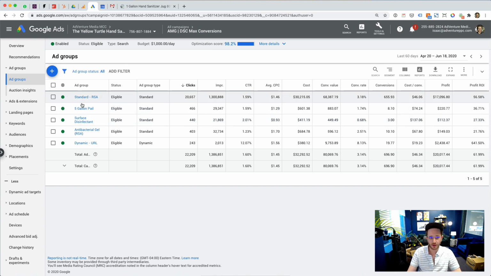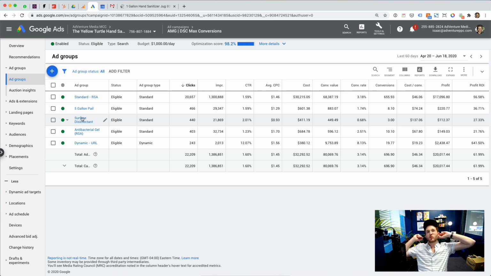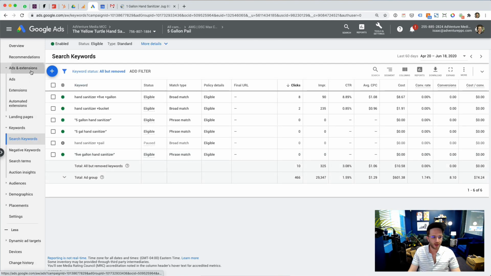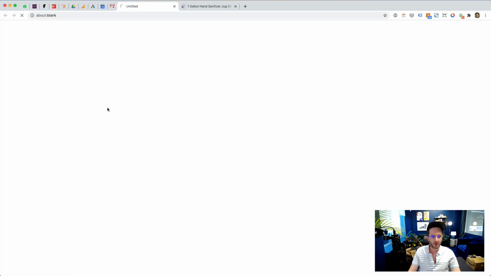So again, look at the results over here of this 5-gallon pail. We're not bringing in such a high volume of 5-gallon pail conversions. Now, there's a reason for this, though. The reason is most people coming to the site. So if you go into the 5-gallon pail ad group and you click one of the ads,